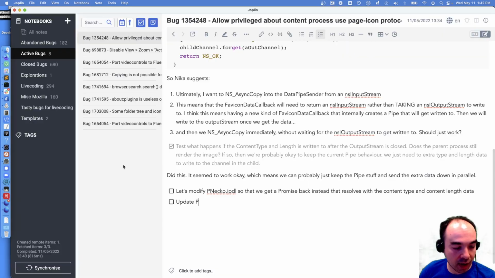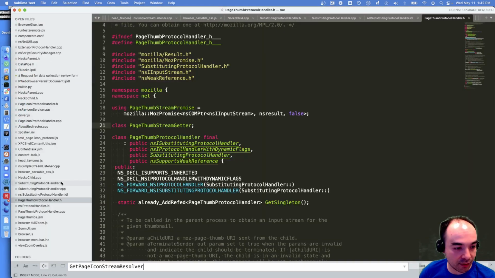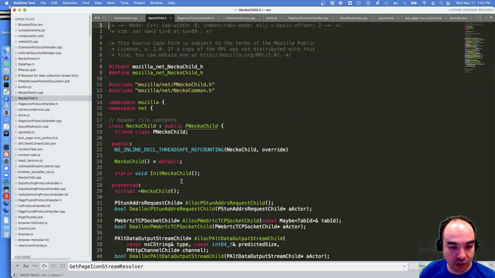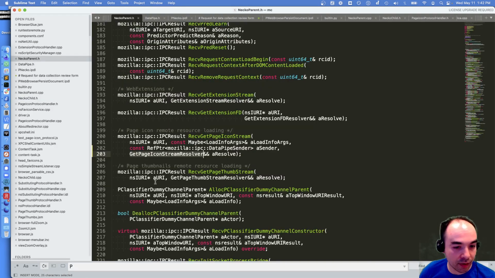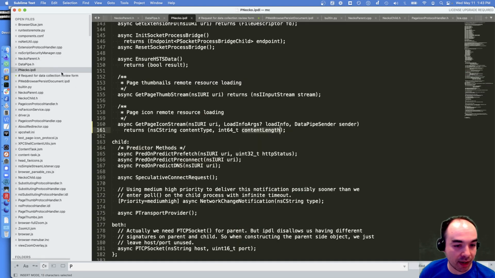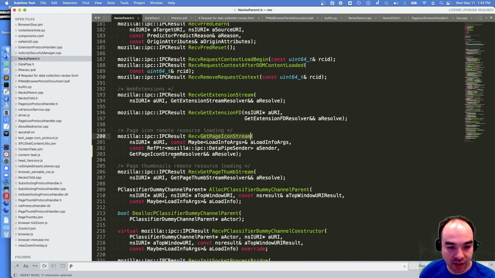So we need to just make reference to it inside of neko parent.h, and it'll know what that means. The magic that's happening is that the name get page icon stream here matches this, and so the generated resolver is just going to be that same name with resolver put at the end.